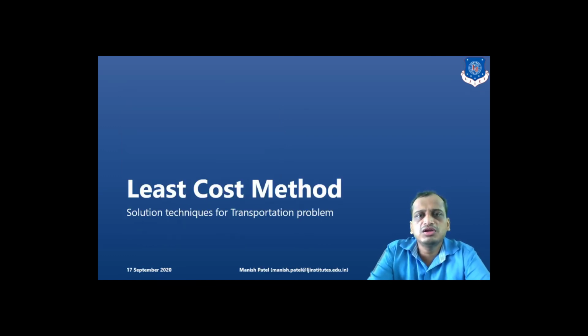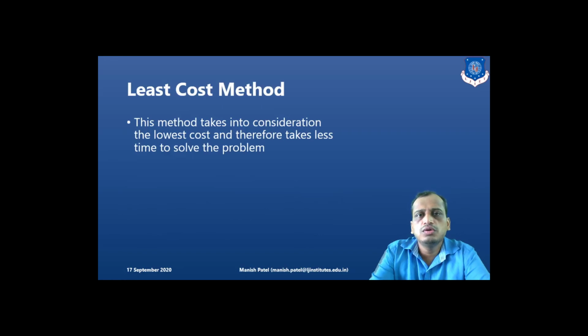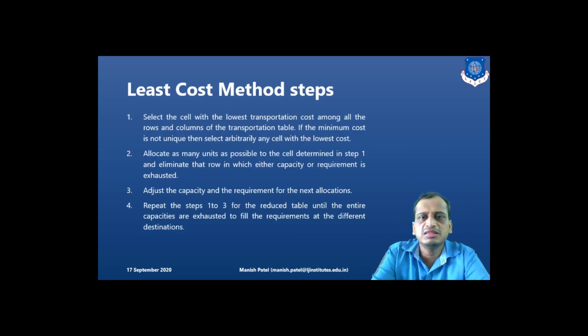Let's look into another method called the least cost method. As the name indicates, from the transportation cost matrix that is given, we will try to find the minimum cost, and we will try to allocate the units in those cells only. So let's look into the method. It says the same thing. Whatever cells have the minimum transportation cost, we will allocate units there with the help of supply and demand constraints, fulfill the demand and supply, and arrive at the minimum transportation cost solution. So let's look into an example so that you can understand.